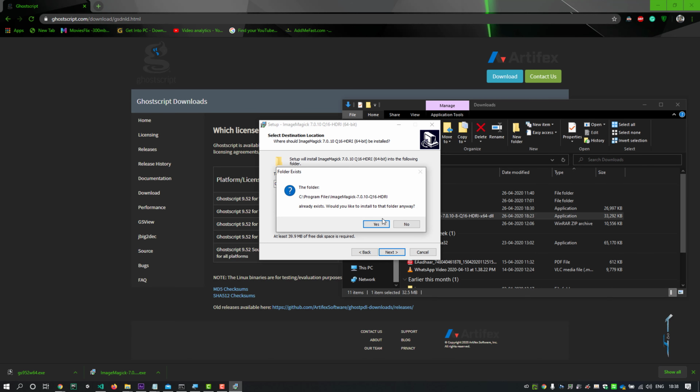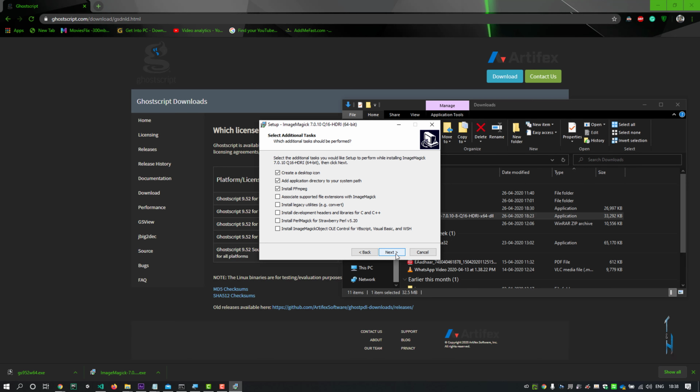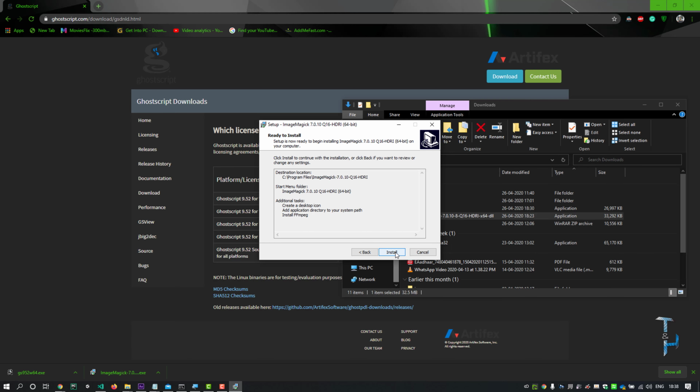And next. I had previously installed this application, so its folder is already here. It's okay. I'll click yes and next. Here are some default settings, so I'll leave them as is, click next and click install